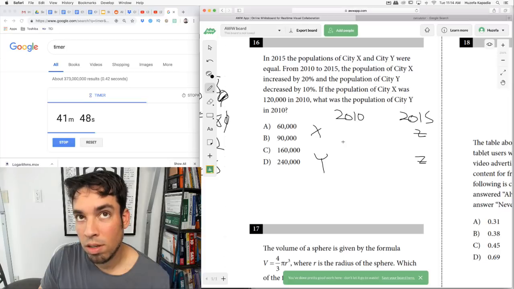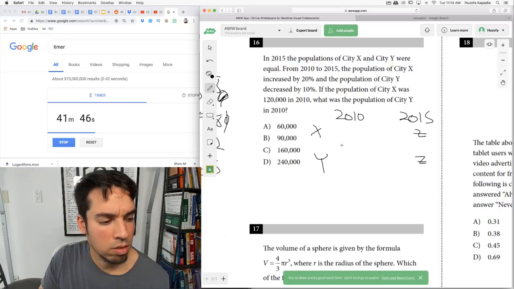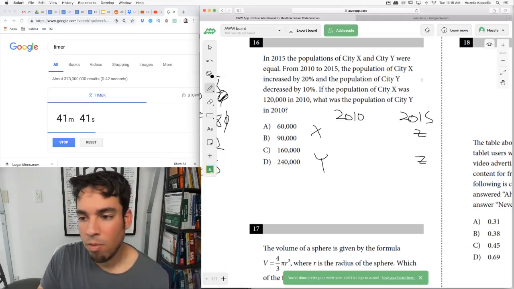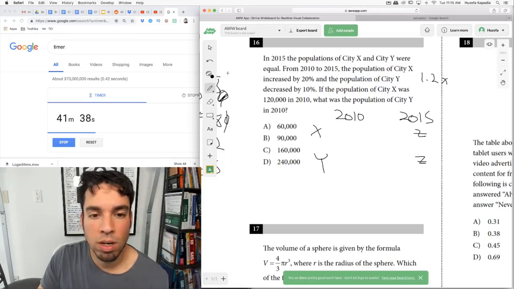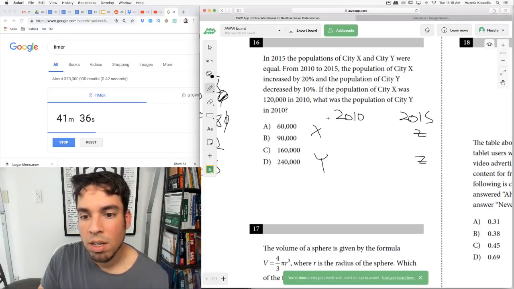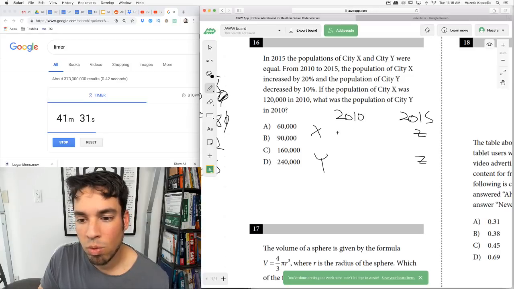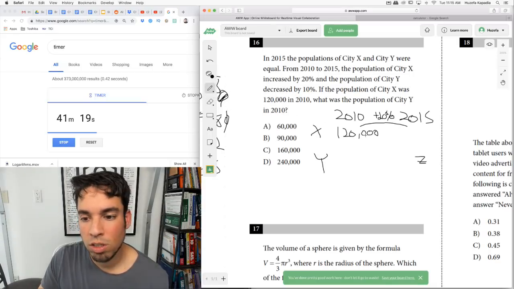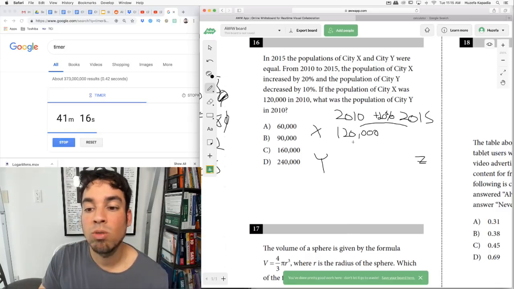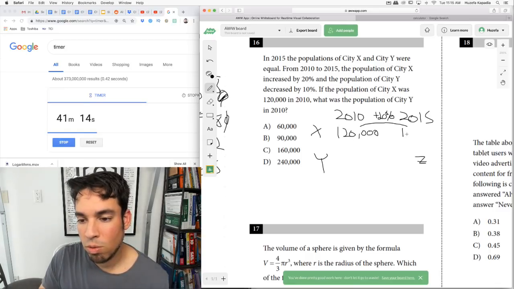So this here was, if it increased, it was, hold on. What is that point? Sorry. 1.2x. Oh, whatever. So fine. It increased by 20%, and this one went down by 10%. If city X was 120,000 in 2010, and then it increased by 20%. So this is positive 20%. I was trying to think too abstract. So this is increased by 20%, which is 24,000. It's 0.2 times this. So it's 24,000, which is